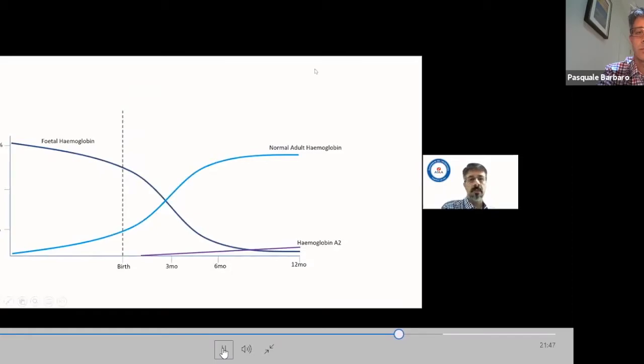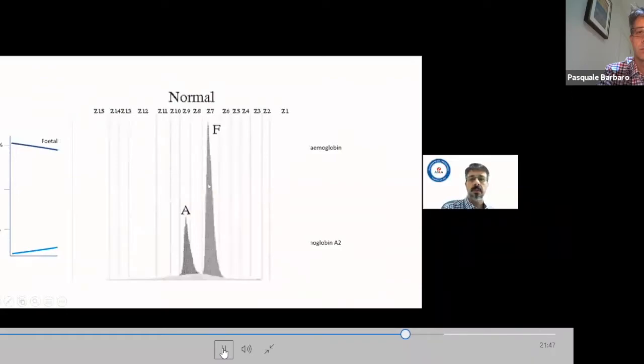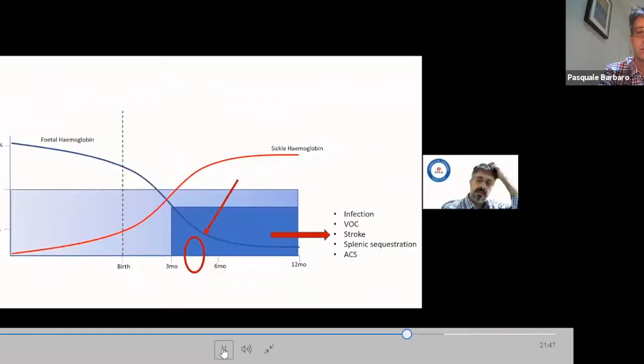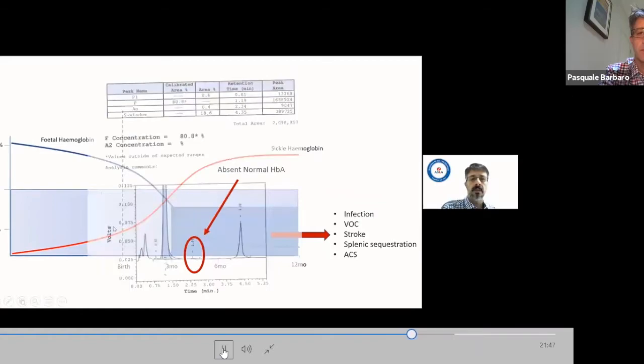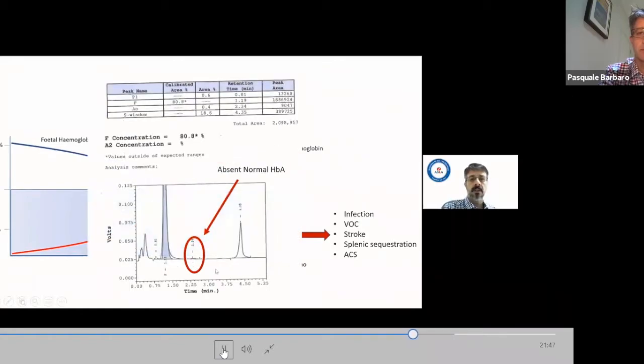At birth, normal babies will have fetal hemoglobin, which is the baby hemoglobin, but they should also have a relatively good amount, about 20%, of normal adult hemoglobin. So when you test them, you can pick up adult hemoglobin and fetal hemoglobin. Whereas babies with sickle cell disease can't make the adult hemoglobin. So at birth, they have, again, normal fetal hemoglobin, but they have no adult hemoglobin and all sickle hemoglobin. So you can identify babies who have sickle cell disease if you do the correct test, which is the hemoglobin studies.